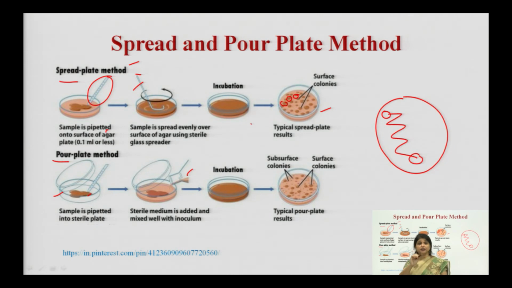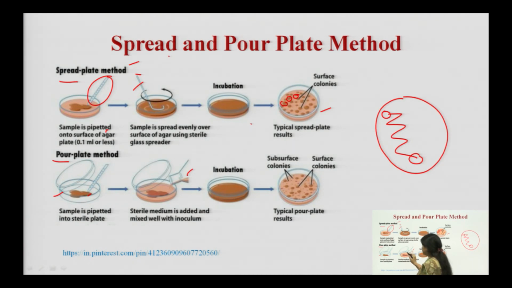Now, what is the difference between spread plate and pour plate? In spread plate we added our drop on the solid media, the media was already there, but in pour plate the drop is added before adding the media. So a drop of mixed culture is added, and that culture is spread over the Petri plate. After that we add the media, agar medium, which must be liquid in nature so that we can pour it on the culture. Once we have poured, we let it cool so that it solidifies.